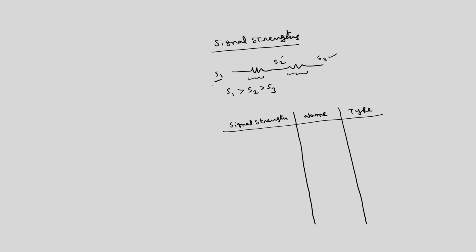So, the strongest signal is called supply 1. This is for logic 1. I am representing this for logic 1. Similarly, you can obtain it for logic 0 also. For logic 1, the strongest signal is called supply 1, which is VDD. It will be called SU1. I will come to that type later.